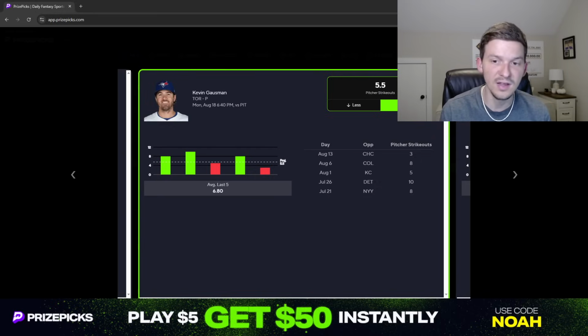The starts where he didn't get a lot of Ks were pretty tough matchups against the Royals and against the Cubs. Those are two teams that don't really strike out a lot. But he got 8 Ks against the Yankees, 10 against the Tigers, 8 against the Rockies. This sets up as another pretty good spot for Gausman to be able to get some Ks going up against